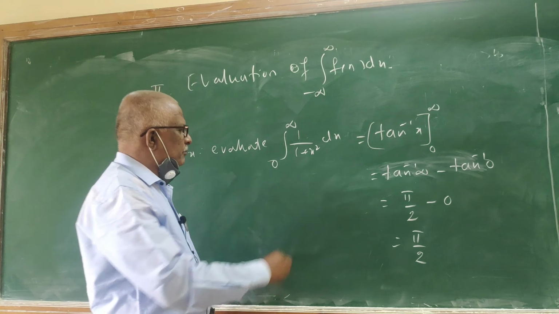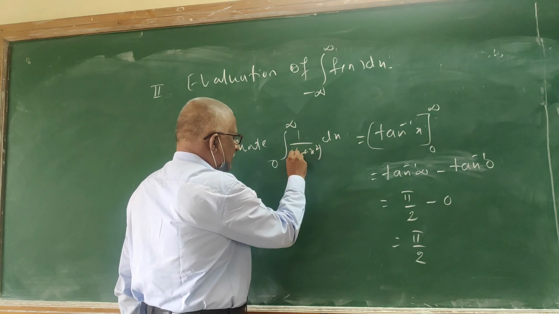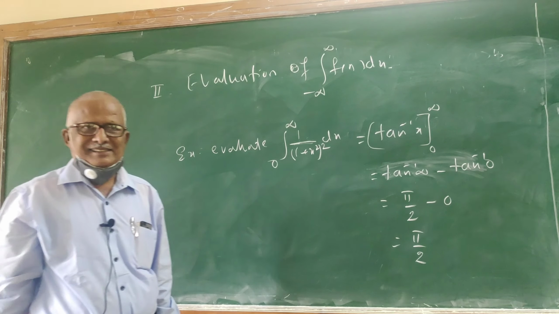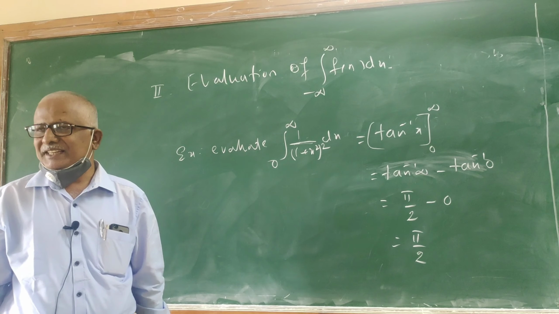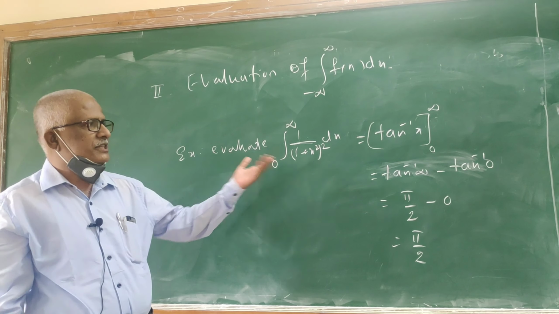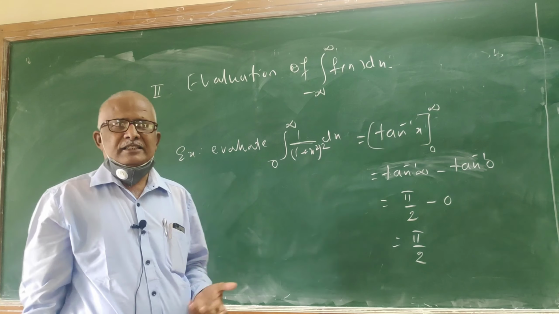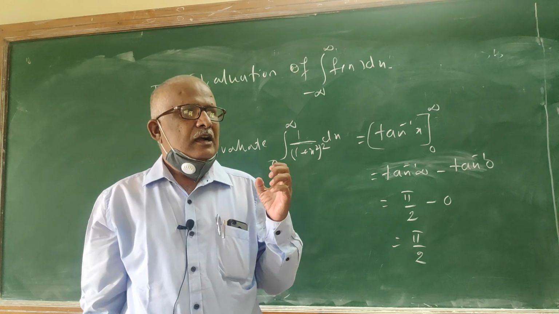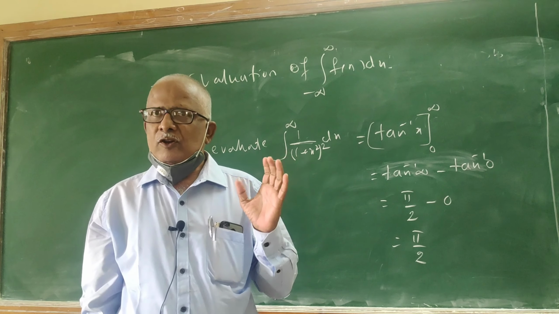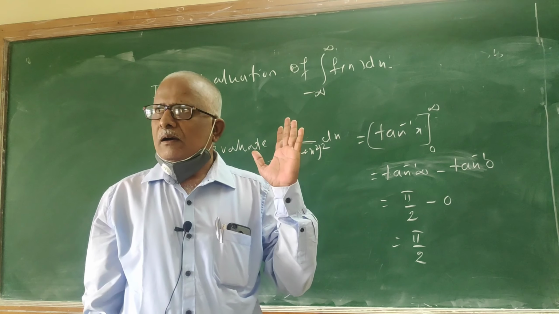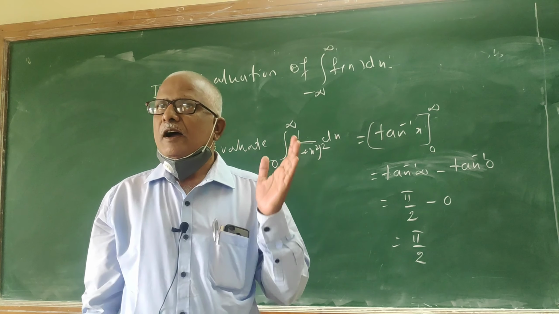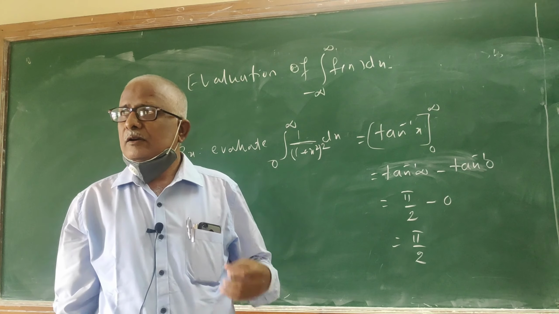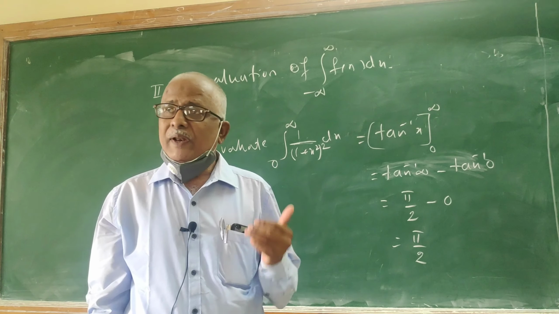Instead of this, if I make a simple change, suppose I change this to 1 by 1 plus x whole square dx, then the difficulty begins here. In such situations, we require some assistance, in the form of contour integration or Cauchy's residue theorem. To make use of Cauchy's residue theorem, first of all, we have to convert this real line integral in terms of a complex line integral.